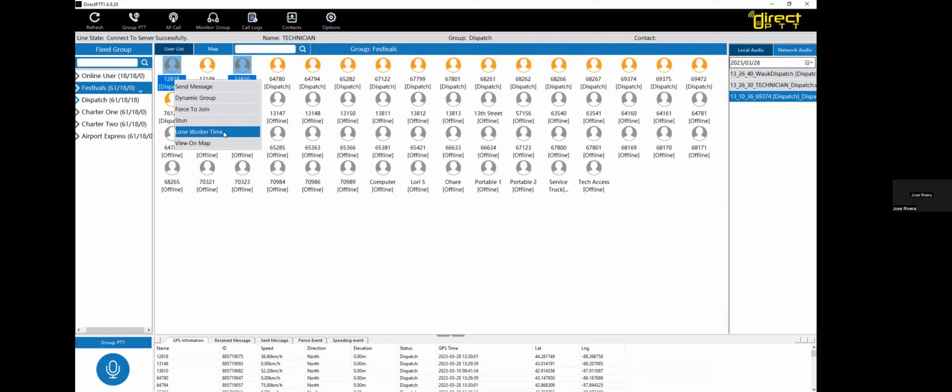And the lone worker time is very simple. It's set up a lone worker. So if you have a guy that's going to be out in the area for, let's say, 5 hours, but nobody's around him, you could basically set a timer so that every 30 minutes or whatever time you want, he needs to check with dispatcher saying, hey, I'm still alive, nobody's killed me, or I've been hijacked. And then if he doesn't, then it'll send an alarm to the dispatcher saying, hey, bus 32 did not report in. Dispatcher will then try to reach the bus, and if that